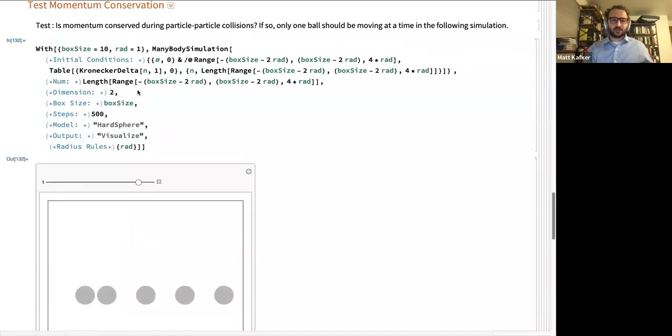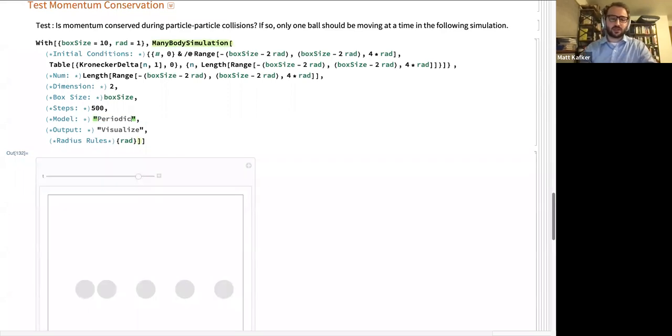So that's all good. I should make a remark. The momentum is conserved when the particles collide with one another. It is not conserved when the particle collides with the wall. At that point, the component of the velocity that hits the wall just picks up a negative sign, and that momentum is not imparted to the wall. The wall is imagined to be infinitely massive. So momentum is not conserved in these simulations if you're using reflecting boundary conditions.